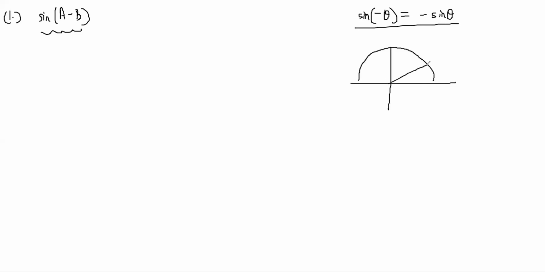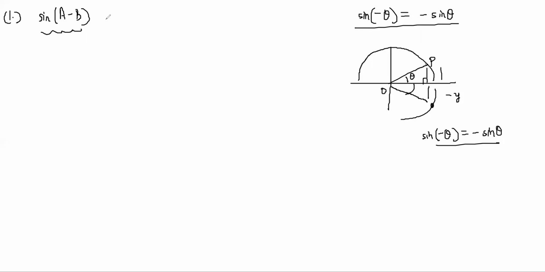If you take an angle like this, PO, if you drop a perpendicular, this is sine of theta. But if you go minus theta, you are going in this direction, right? So your perpendicular becomes negative, in the minus y direction. So sine of minus theta should be minus of sine theta. The magnitude of the angle is the same, so the ratio's magnitude is the same, but the direction is negative. So perpendicular by hypotenuse turns out to be negative.